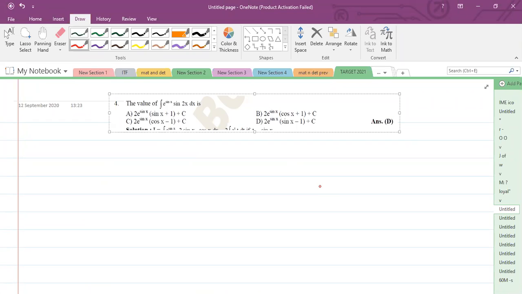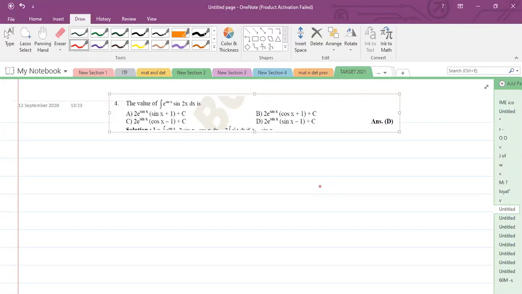Those who know differentiation and integration, students say, sir, integration is a bit difficult than differentiation. Differentiation is easy, sir, because in differentiation we don't have different rules. In integration, the problem may be integration by substitution, integration by parts, integration by partial fraction, and it may be on trigonometric identities. But in differentiation there are some rules: u into v, u by v. Differentiation is much easier than integration.